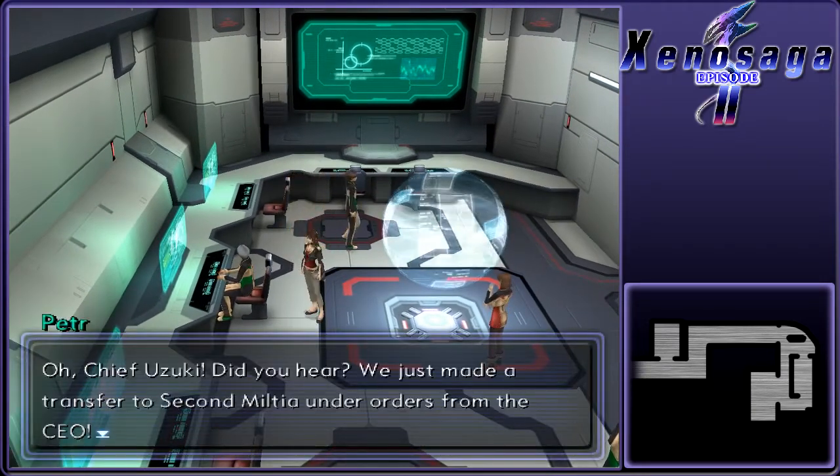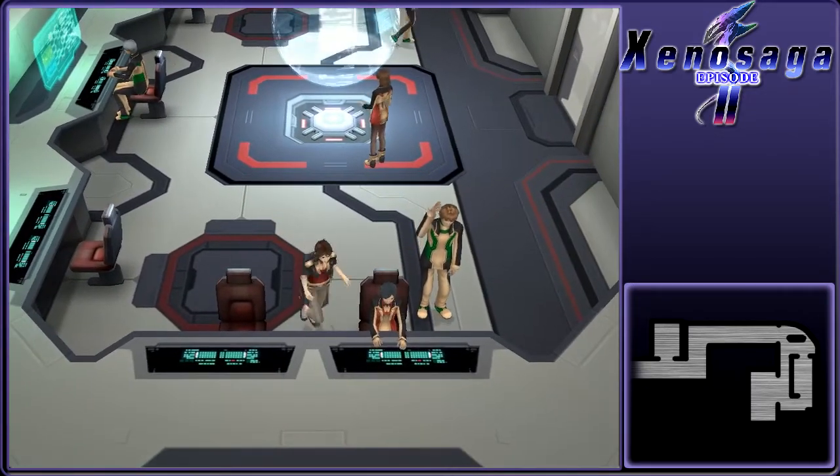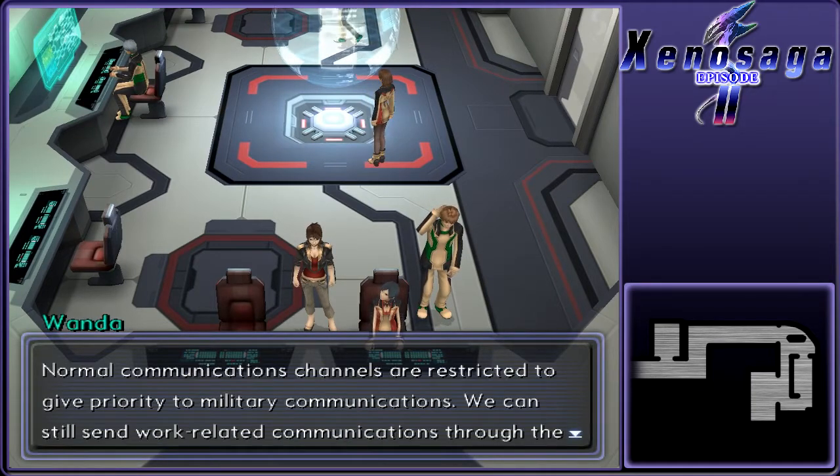Oh, Chief Uzuki, did you hear? We made a transfer to second Milsha under orders from the CEO. Yes, we heard, we saw. She even commentated about it. What do you want? Normal Wanda. So she just jumped in from...